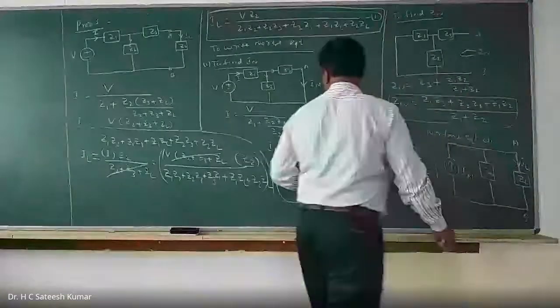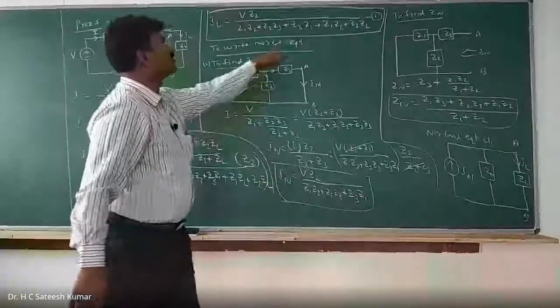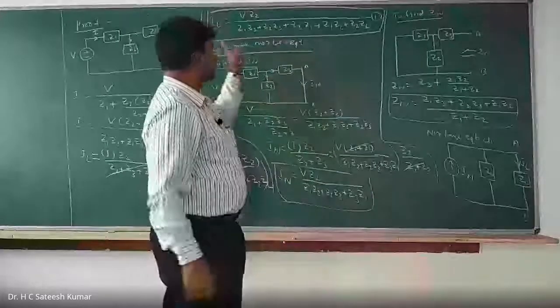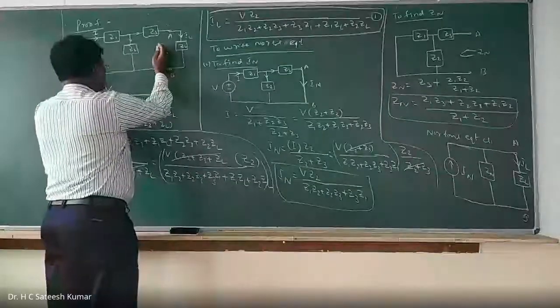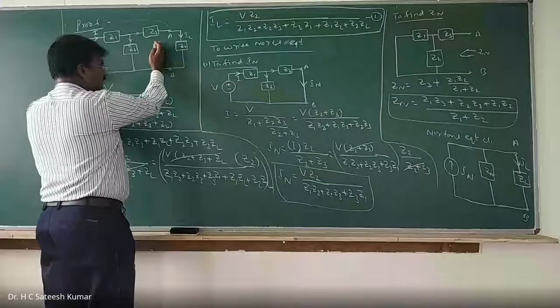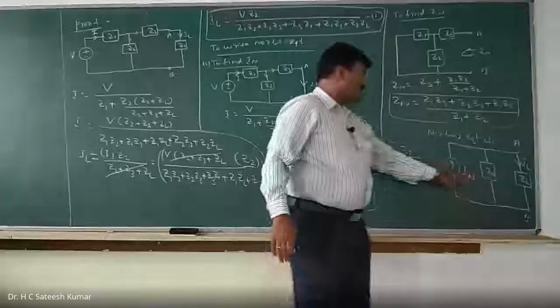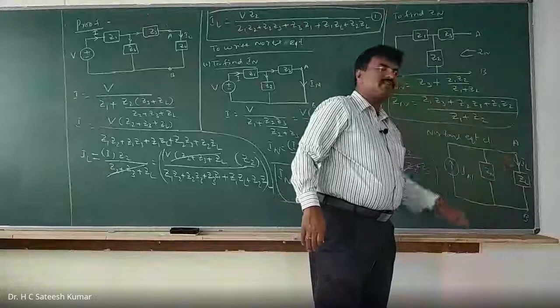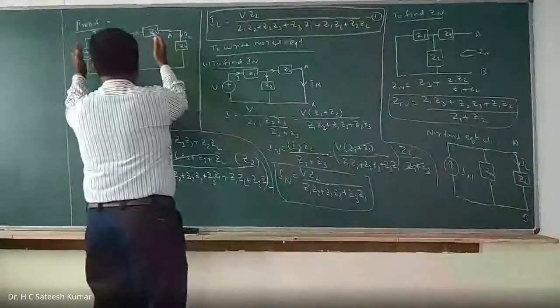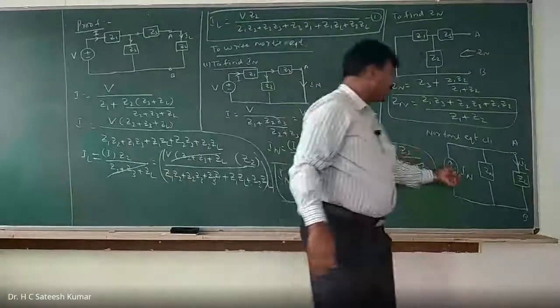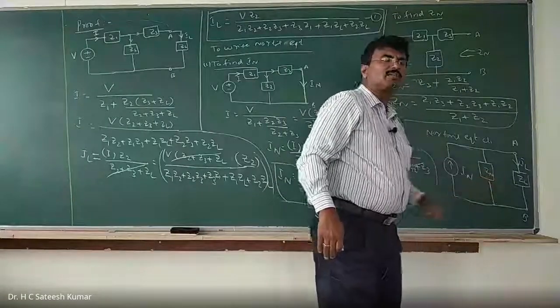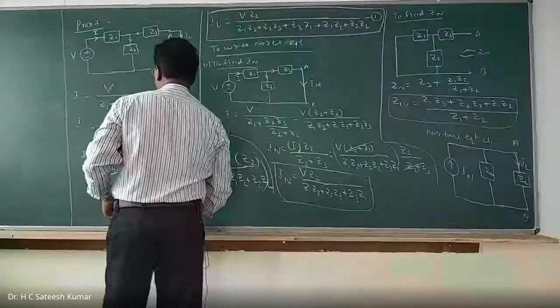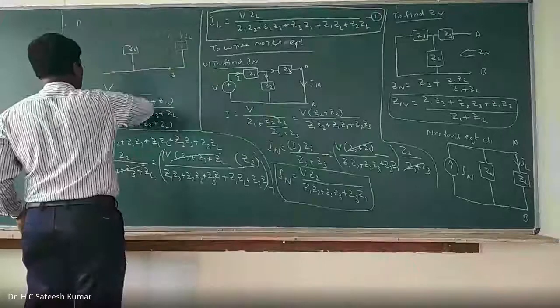IL using the original circuit, we got this one, equation number 1. Now I am replacing this whole complicated circuit, linear, bilateral, multi-source network, by a current source in parallel with an impedance. Then you find out the IL. If you get the same IL, the meaning of that one is what? This complicated circuit can be replaced by a current source in parallel with an impedance. That's what the meaning of it, right? So now what you should do? Go for the simplification.